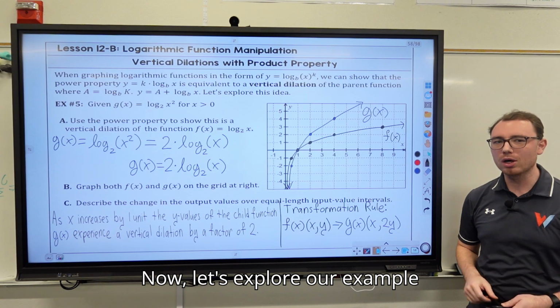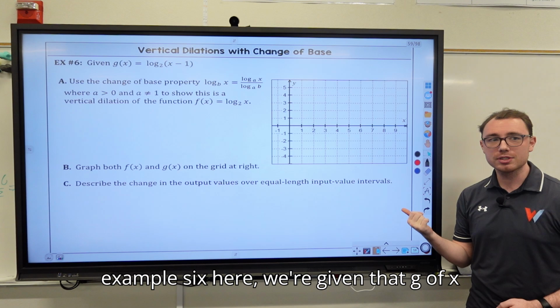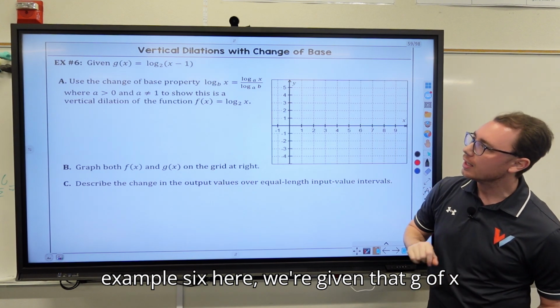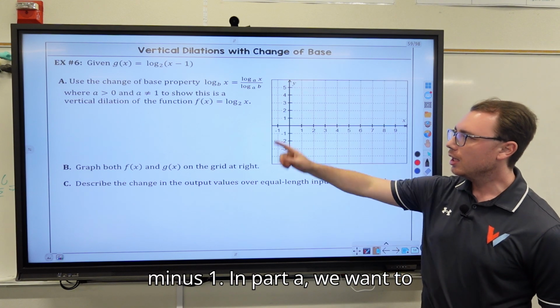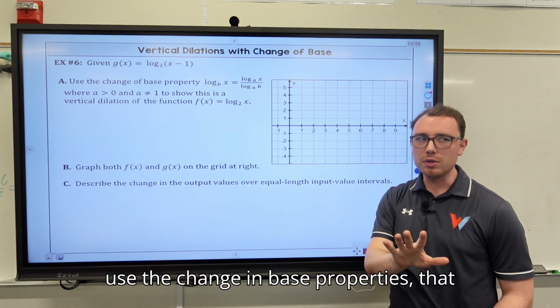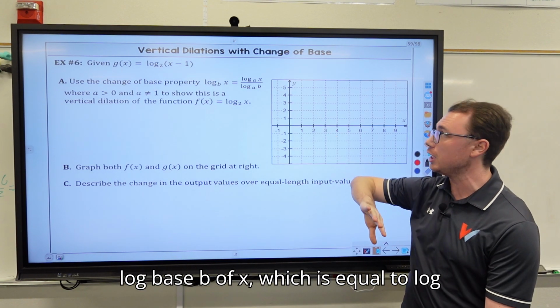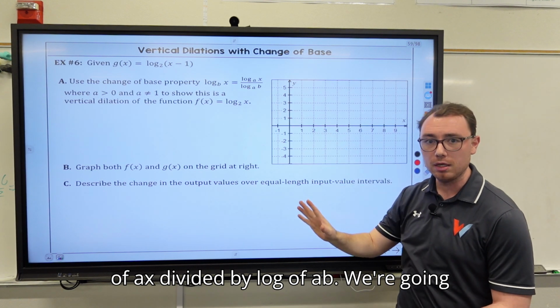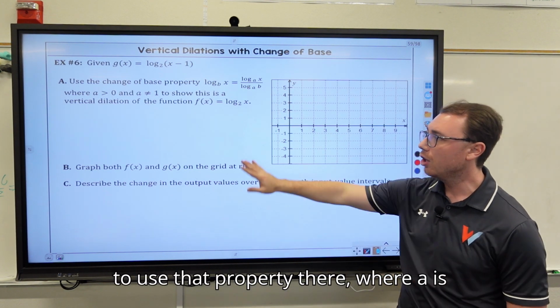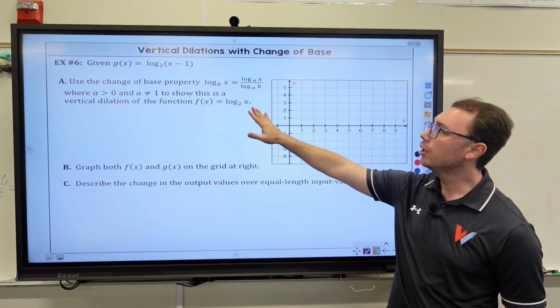Now, let's explore our example 6. For example 6 here, we're given that g of x is equal to log base 2 of x minus 1. In part A, we want to use the change in base property, that log base b of x is equal to log of ax divided by log of ab. We're going to use that property where a is larger than 0 and not equal to 1,